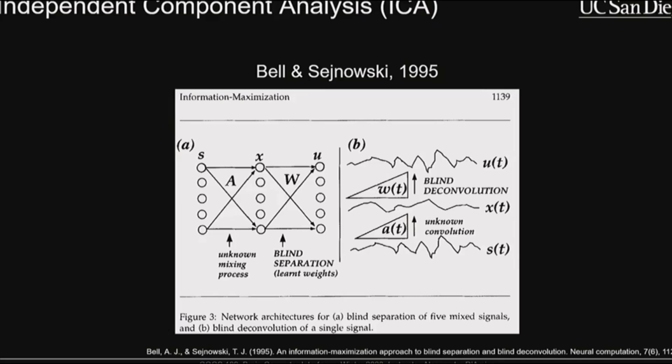But the original approach, which was the InfoMax approach, is you're trying to minimize the amount of mutual information between your independent components. So what you do is you have some number of sensors. So let's say we're recording EEG and we have 64 different sensors. What ICA can do is it can separate these original signals, which are going to be summations of different source components that are generated in the brain, but we can pretend that they're just generated at the scalp